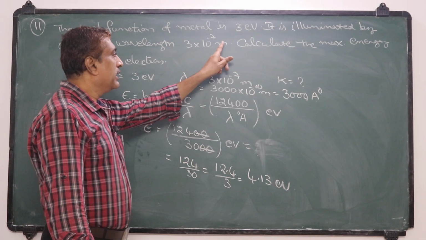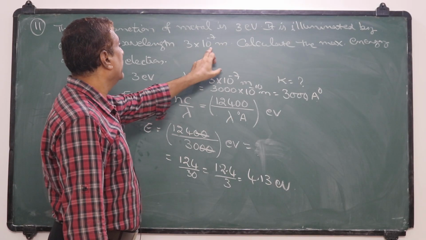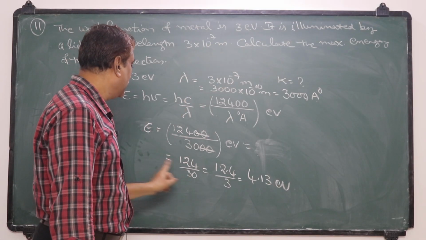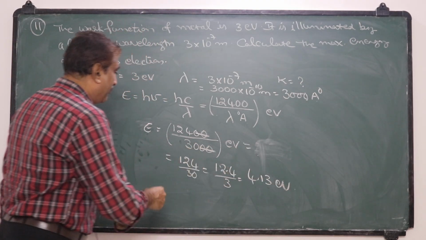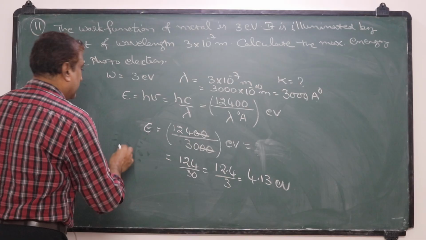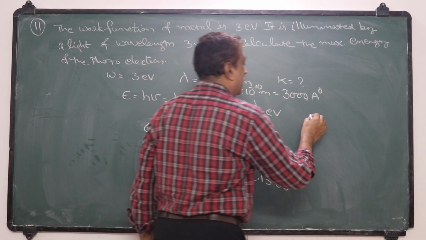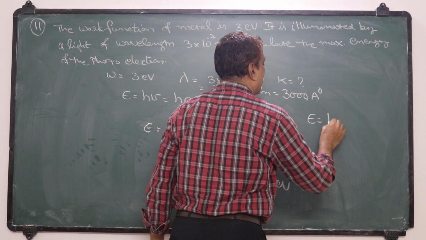So the incident energy with a wavelength of 3 into 10 to the power minus 7 meter is 4.13 electron volt. So by Einstein equation, h nu is equal to, we have this equation, E is equal to